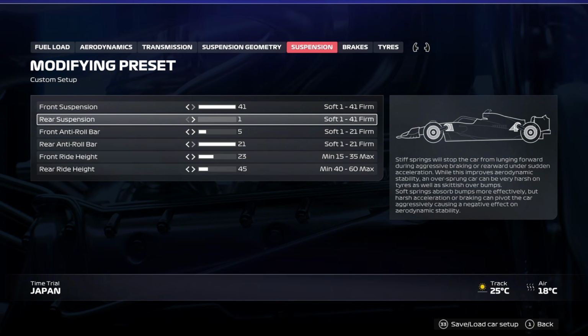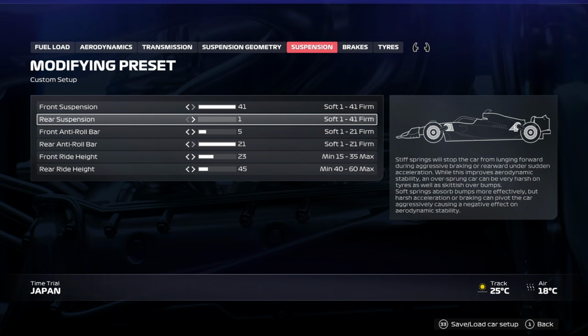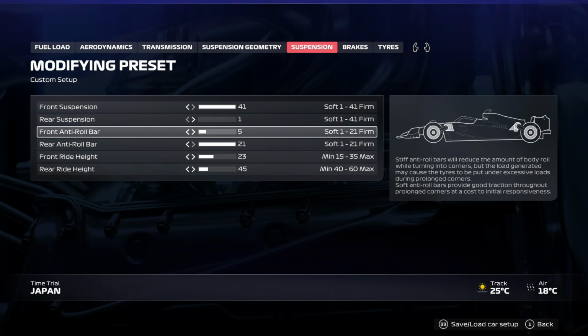And the softer rear suspension allows the chassis of the car to lean on the rear tires during acceleration, which can help maximize traction for corners like Bahrain turn 1 and turn 2, where you need traction to help not spin on the exit. Now, for the anti-roll bars, or ARBs for short,